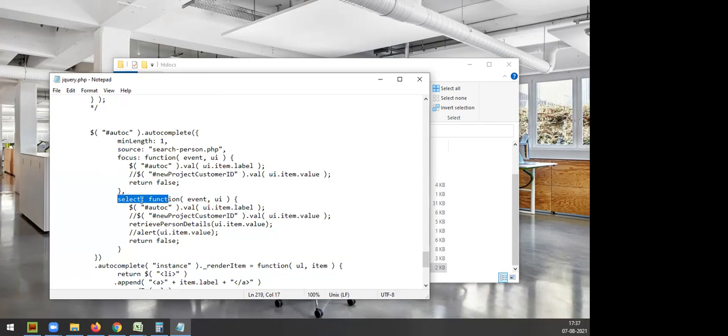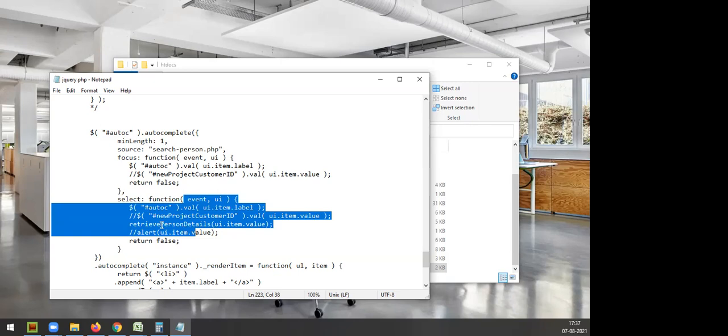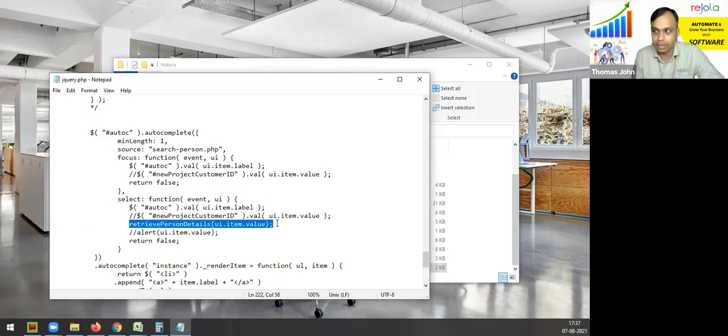Inside select, I am giving an instruction that whenever I click a particular item in that autocomplete, I am calling a new function called retrieve person data, and I am sending the value to that function.